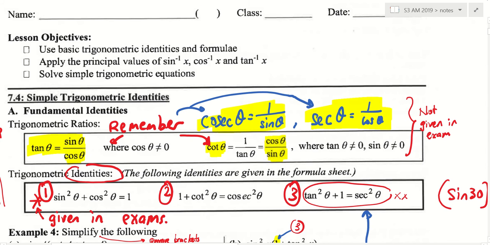Since secant x is equal to 1 over cosine x, secant square x is 1 over cosine square x. So square both sides, like that. Look at what I wrote. If secant x is 1 over cosine x,